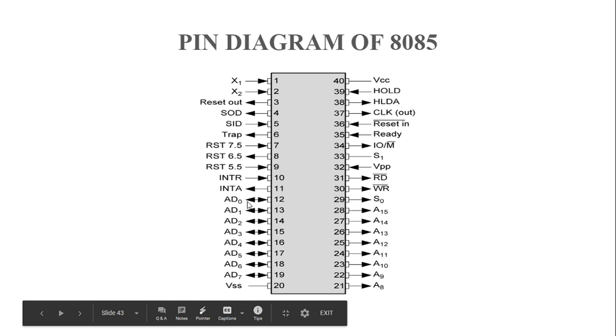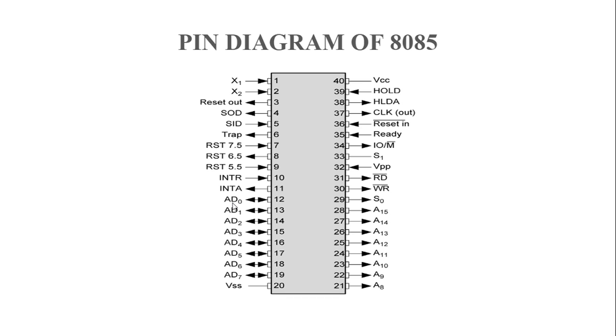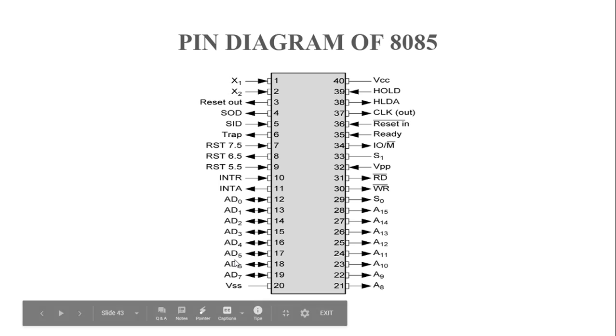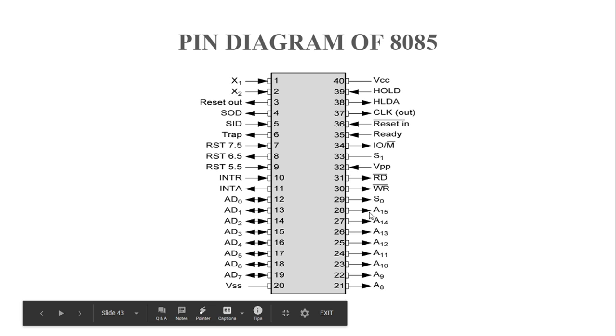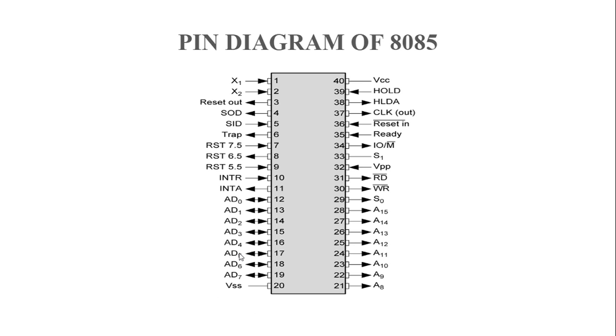When we are transferring the 8-bit lower address of memory on these pins, at that time the pins act as output pins. Just like A15 to A8, these are also output pins on which we are transferring the 8-bit upper address of memory. Similarly, when on these pins we are transferring the 8-bit lower address of memory, at that time these pins act as output. While when you are transferring the data